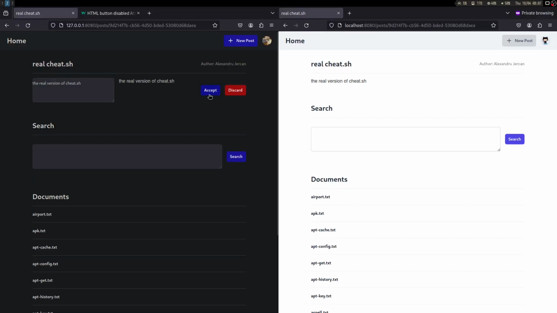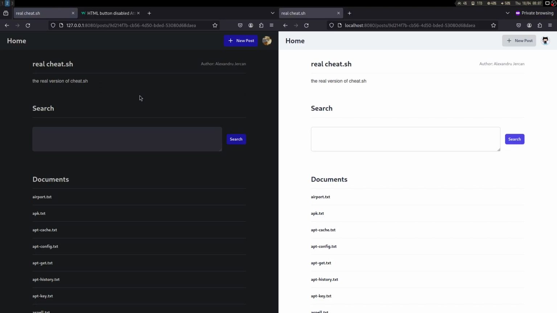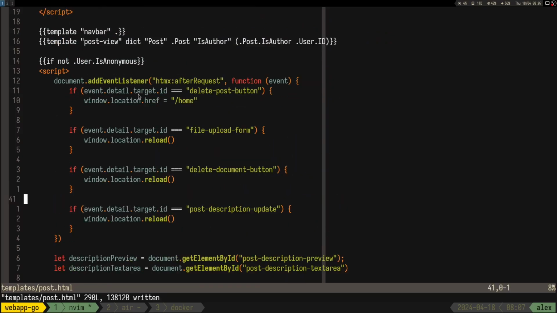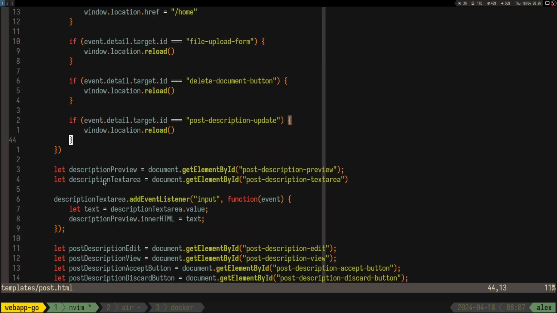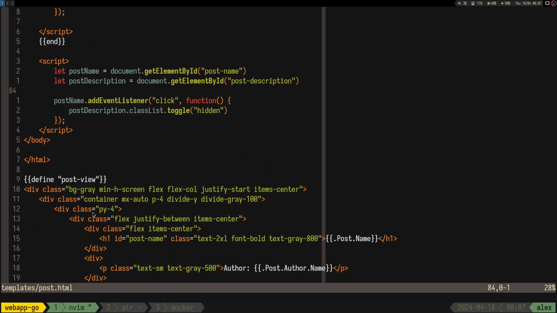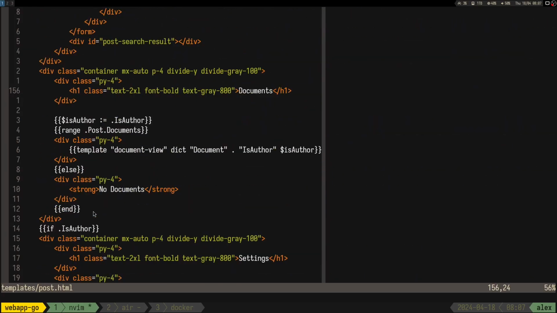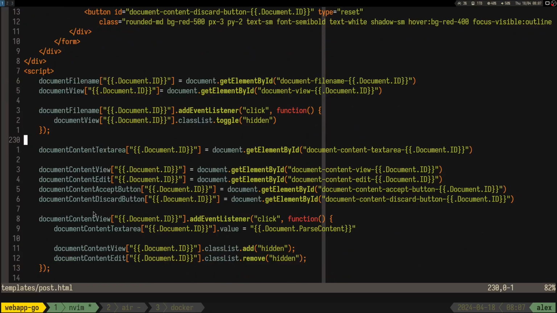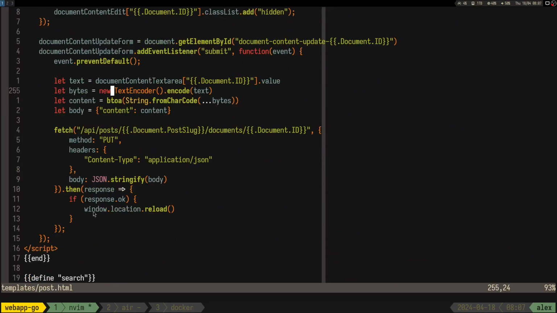And again, changing should actually be just a fetch, but I'll see. I have to see, because nothing from this page really requires HTMX. I mean, I was trying to use it just for the sake of using it, but now I can see that some stuff doesn't really need the HTMX. Alright,